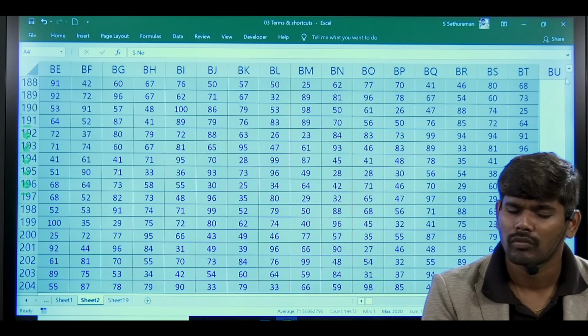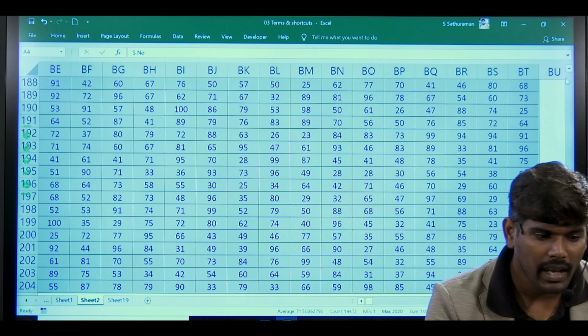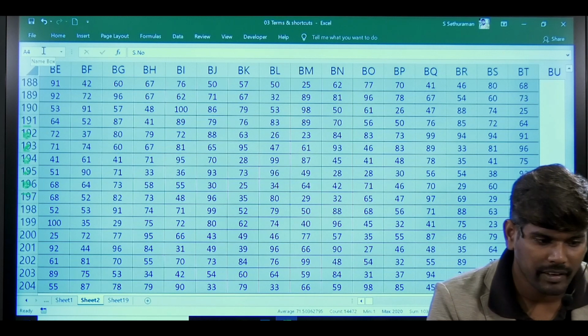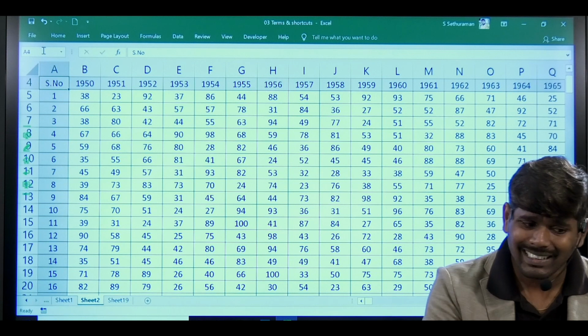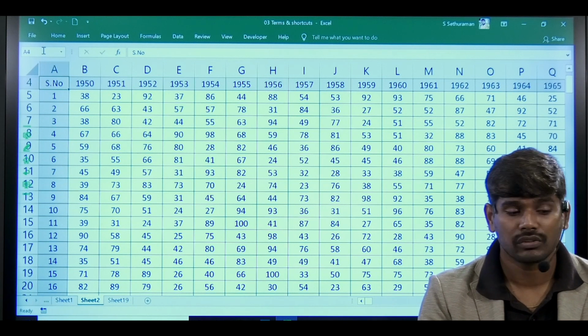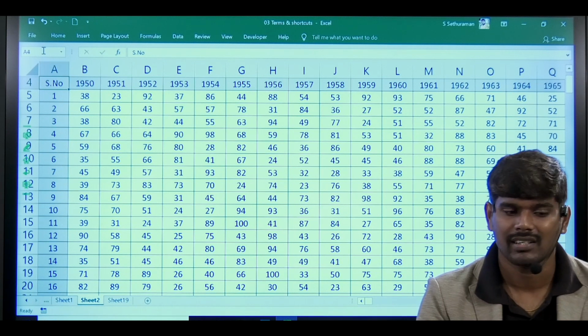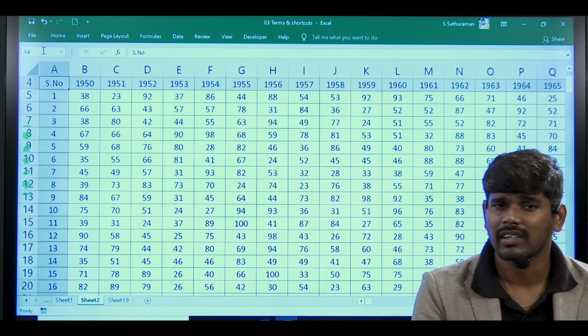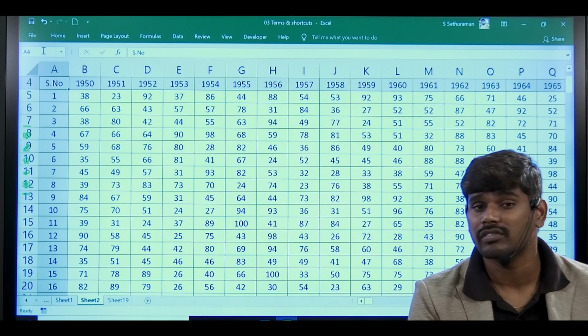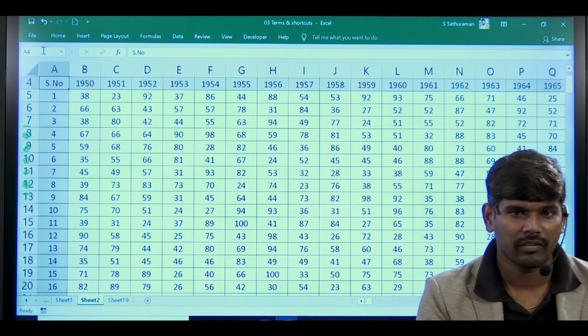For that, what can you do? Many people say, okay, I have A4 there. If I type A4 and press Enter, what happened? It loses the selection. So I don't need to lose the selection. Still, I have to come to the top. In most cases, while writing formulas, we will face this issue. Have you ever noticed?